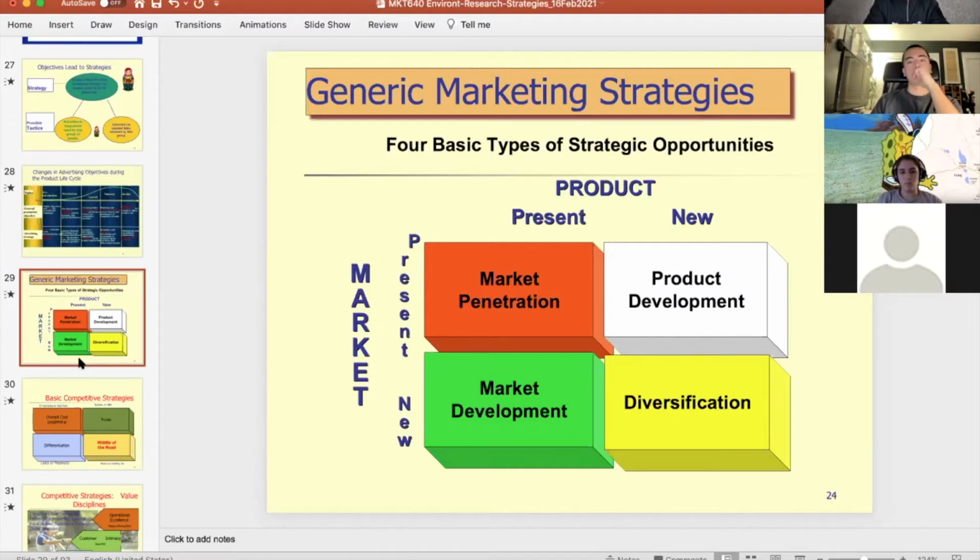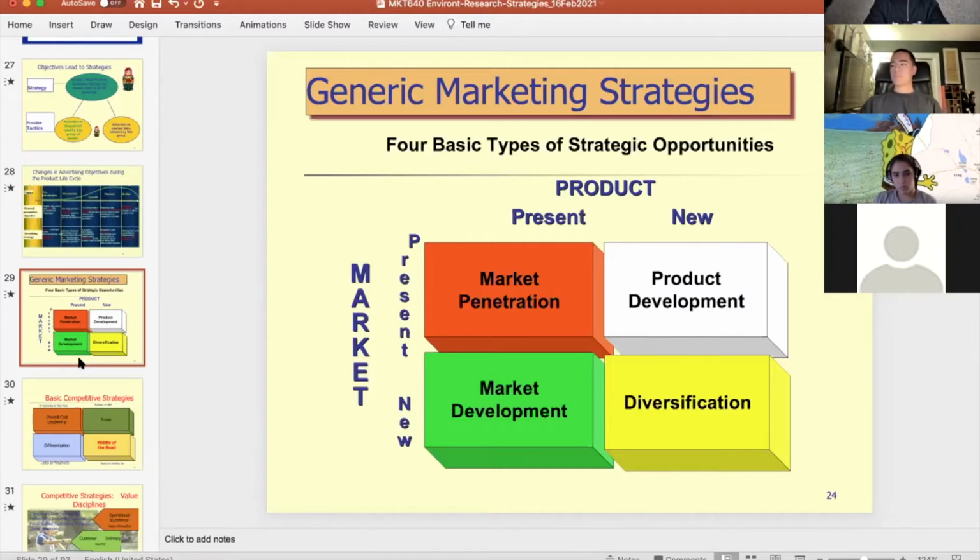Diversification is when it's a significantly different product for a significantly different group of consumers. And what I mean by significant is it's like a different market. It's a different product category. So it's McDonald's selling, I don't know, ski boots. You know, that would be not what they're known for. So diversification is a significant change.